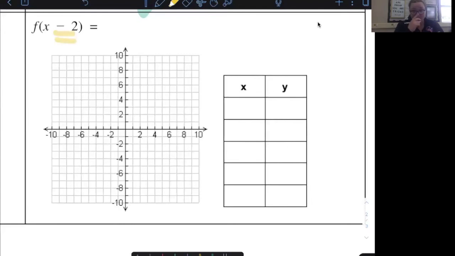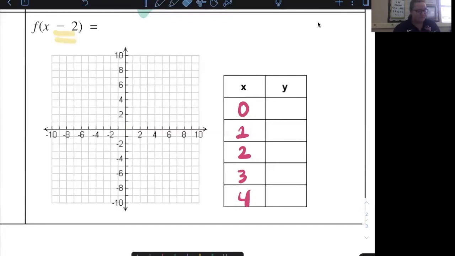So because you're subtracting 2 directly from x, you're shifting to the right 2. So instead of using negative 2, I would use 0. Instead of using negative 1, I would use 1. Instead of using 1, I would use 3. Instead of using 2, I would use 4. Did I? Oh, I skipped 0. Let's do 0 plus 2 would be 2. So 3 and 4. So I would use the x values 0, 1, 2, 3, and 4, and then still